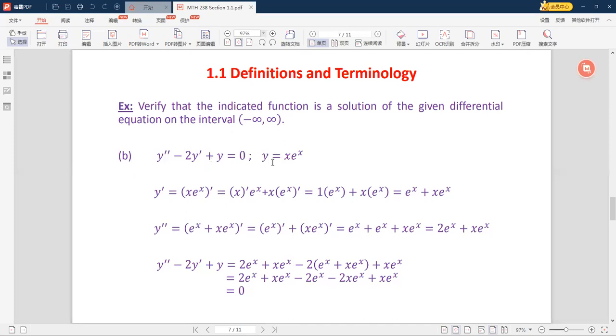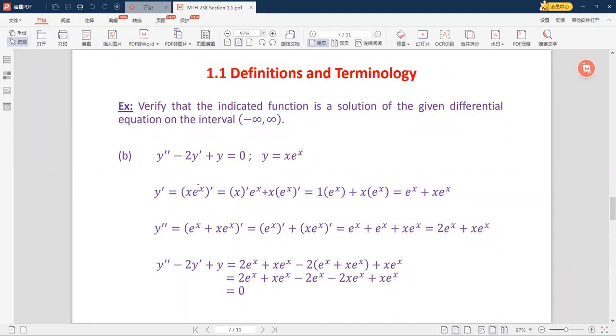So again, you just plug in the function x times e to the x for y into the equation and see if the equation holds or not. We need to do a little more work this time because this is a second order differential equation. We need to obviously take the first derivative and the second derivative. So let's start from the first derivative. We need to find the derivative of y, or y prime. So when you take the derivative of x times e to the x,